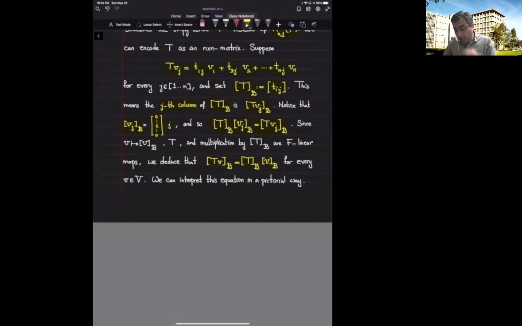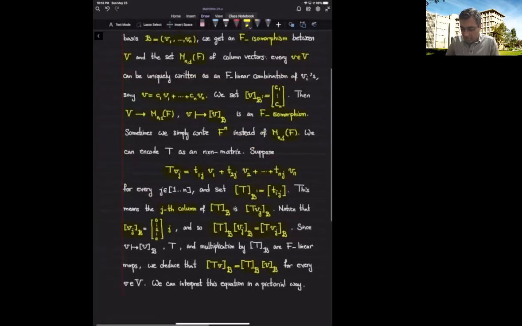So now what we are getting is that for this linear operator T, after I encode it in terms of the basis B, the action can be encoded by matrix multiplication using the matrix that we have introduced over here. So we use this kind of square bracket to encode v, this arbitrary vector space with F to the n. Now this encoding is also compatible